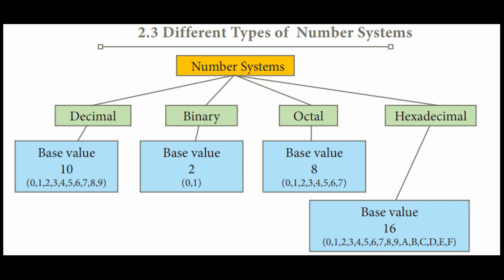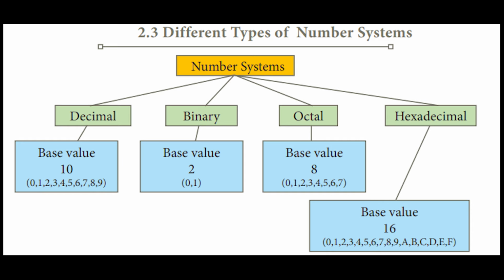Okay, next one is the hexadecimal number. Hexadecimal number means this is represented using a base 16. Okay, base 16 hexadecimal or hex numbers are used as a shorthand form of binary sequence. This system is used to represent the data in a compact manner. Okay, here 16 symbols are used, 0 to F. That means 0, 1, 2, 3, 4, 5, 6, 7, 8, 9, A, B, C, D, E, F.